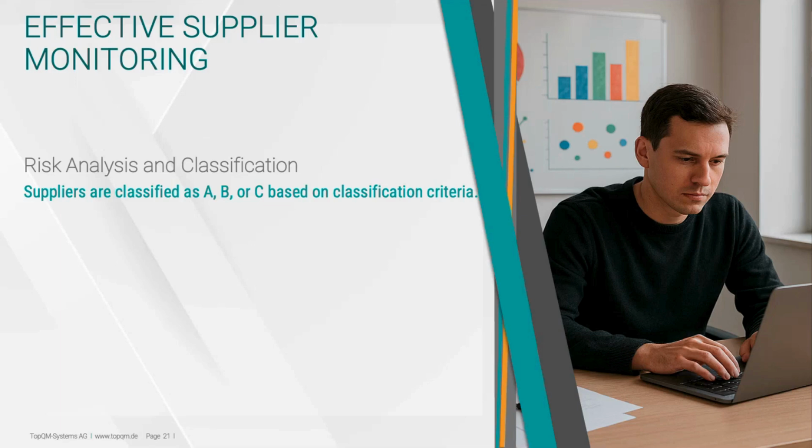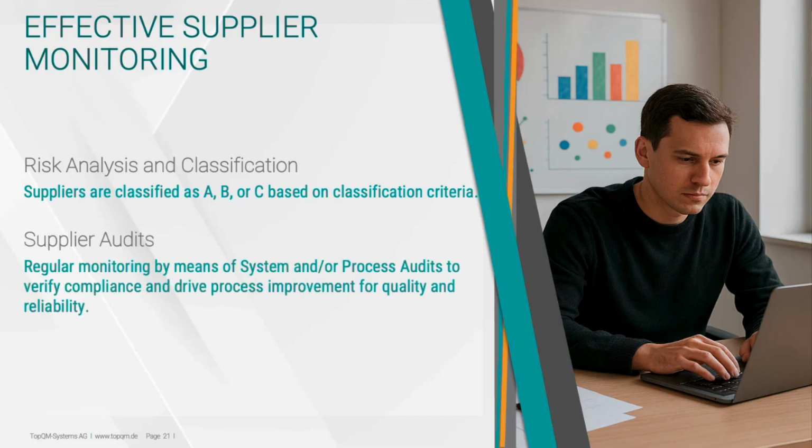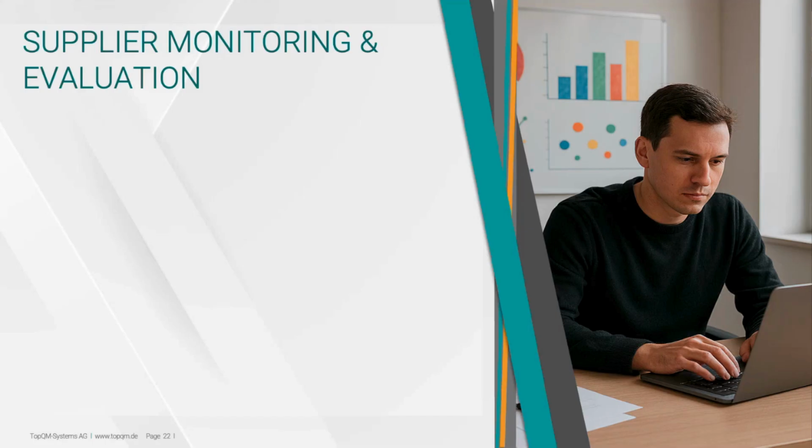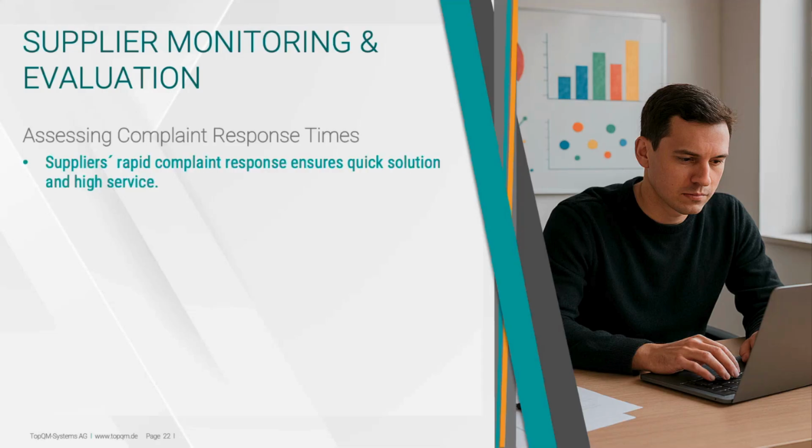Okay. So you will have, based on your evaluation scheme, A, B, or C classification criteria. And what we would also like to do, besides the classification criteria, monitoring by means of KPIs, we would like to conduct supplier audits on a regular basis to monitor either the system and/or process audits to verify compliance and so drive the process of improvement for quality and reliability. And essentially, that would then lead to obviously possible development issues. But again, just remaining with the monitoring for a moment,